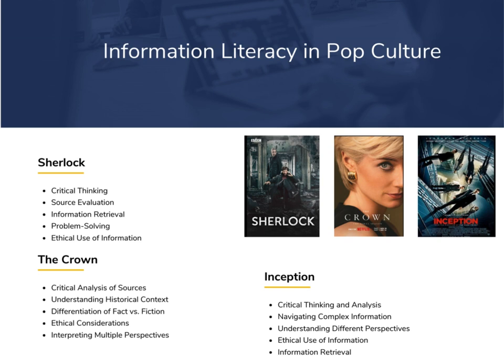Information literacy and pop culture. Here are a few examples that information literacy can be seen in pop culture today. Sherlock is a great example. Through this, you would be able to understand critical thinking skills, evaluating resources, information retrieval, problem solving, and also the